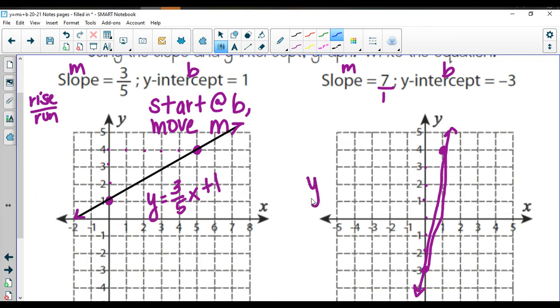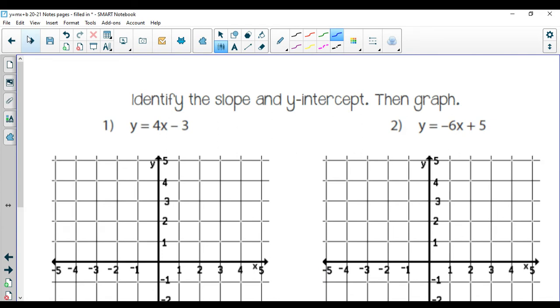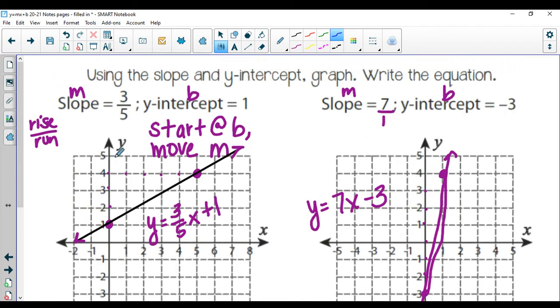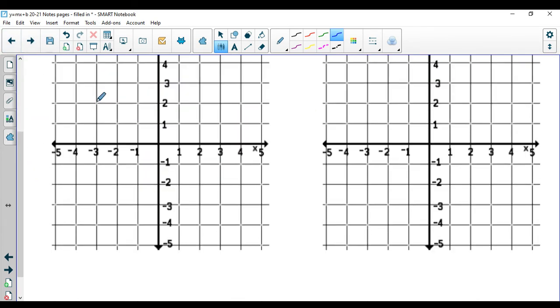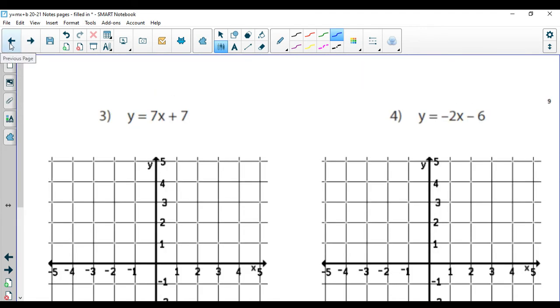So then for my equation, y equals 7x minus 3 for this one. When you're graphing these, start at b and then move with m. On the next example, we're going to identify, oh, it looks like I skipped a bunch again. Oh my goodness. All right. On the next two that we have, which are actually on page number 8, which it looks like I